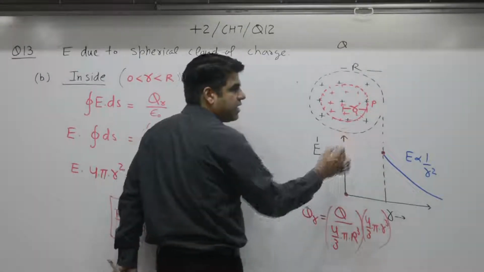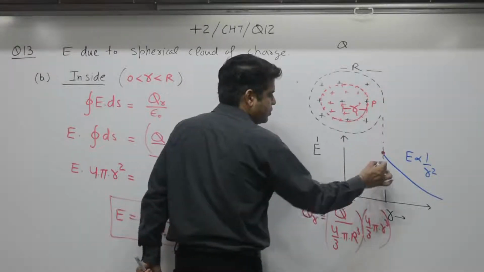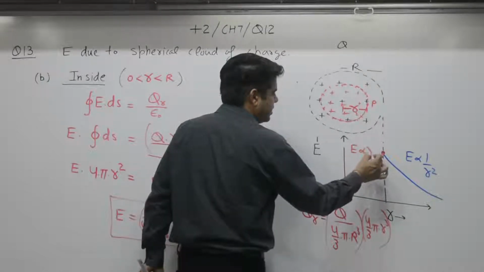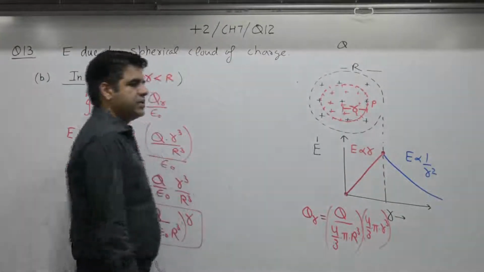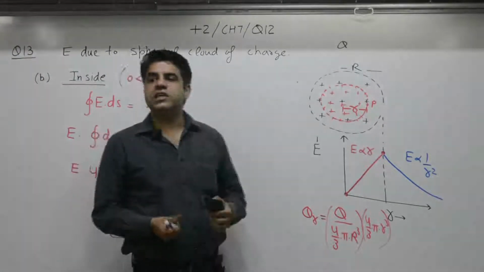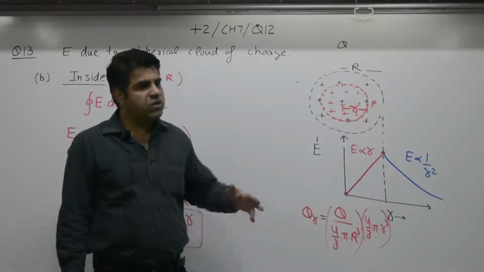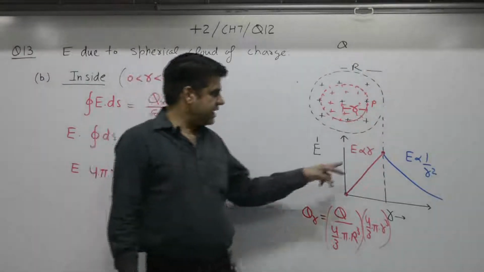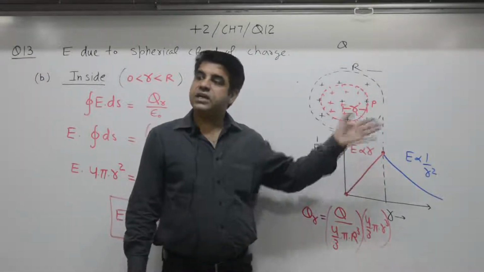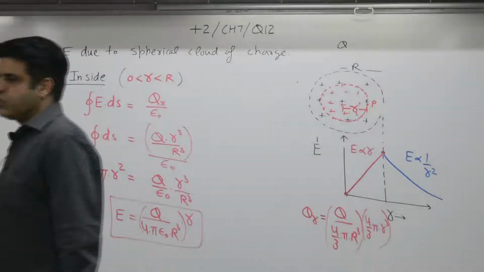Inside it is a straight line, and there are 2 points, so you can join the two. So outside it is inversely proportional to R square, inside it is directly proportional to R. The same is true for small g in +1, gravitational field intensity. Because the formula is the same, inside g is directly proportional to R, outside Earth it is inversely proportional to R square. 5 minutes to write.